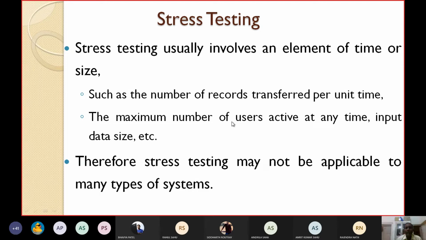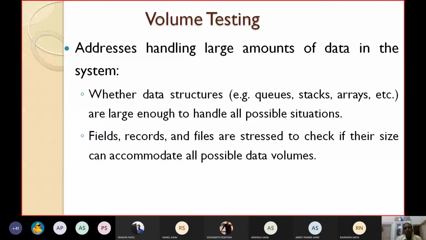I may give you a small example here. In 2012-13, NIT Rourkela was conducting the BTech admission, CSAP. Previously it was given to NIC, and that time they gave it to CDAC. I do not know whether CDAC had that much experience of handling BTech admission data of 2 lakhs or 3 lakhs of students. But when the result was published, several complaints came immediately, and we had to stop the result. Again we had to run the algorithm, and the next day we published. So that's why proper volume testing was not made at that time.